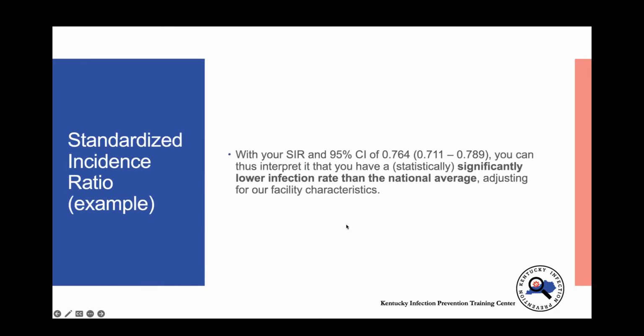So based on our example that we had, if we have a standardized incidence ratio with a 95% confidence interval ranging from 0.711 to 0.789, we can interpret that we have a statistically significant lower infection rate than the national average for our CLABSI. And this is accounting